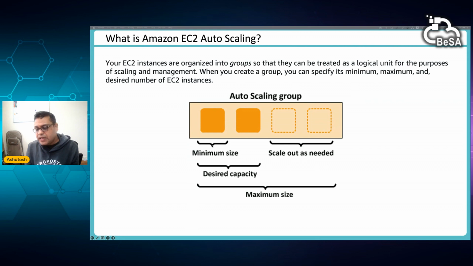Now I was telling you about the DDoS attack scenario, and this is very interesting actually, because you might see this in real life as well, right? Suppose we did not mention maximum size, or maximum size is too big, maybe it can scale to 100,000 instances. So what happens in case of DDoS?